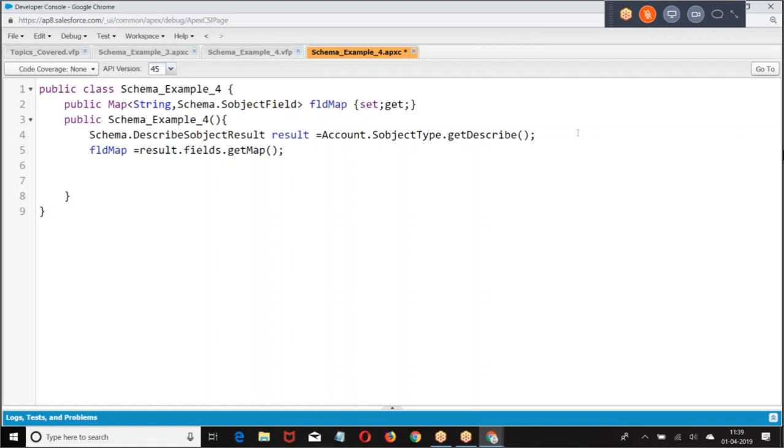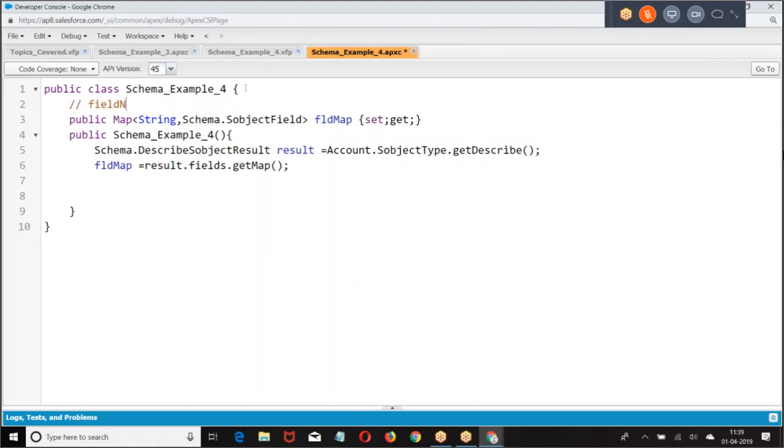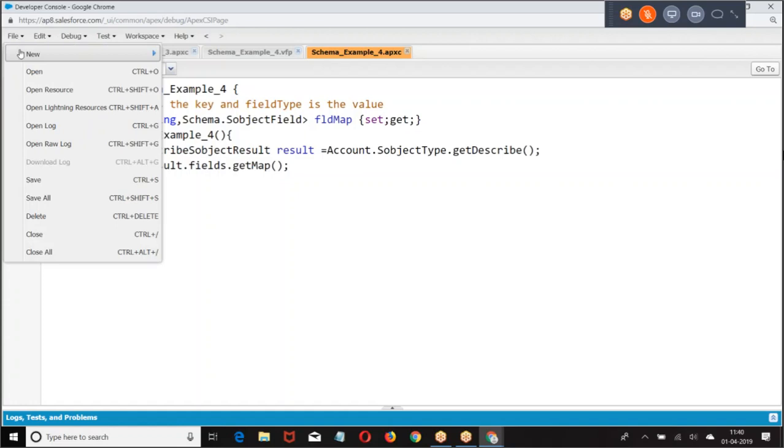Description dot fields dot get map. Now here, what is this string? Field name is the key and the field type is the value. Now let us see this. Go to the VF page.